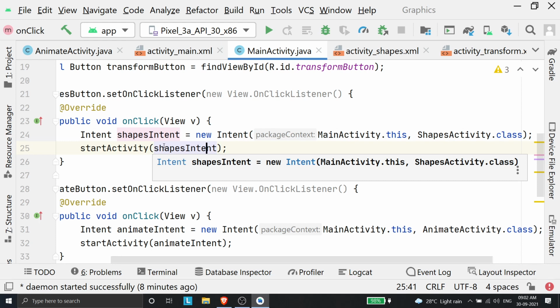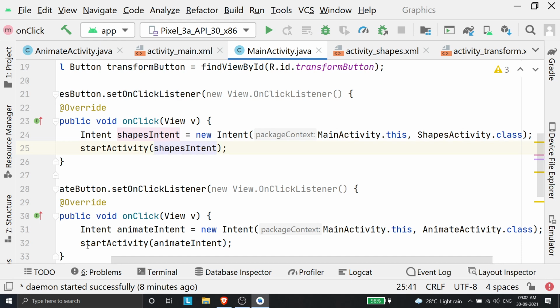Basically, this changes your screen. Let's say you're trying to check out some contents in your Amazon basket. Your orders will be in one screen. When you press place order, it will move to a screen where it's asking for your address, your payment details, and stuff like that. So those will be separate intents. That's how we move from one part of our UI to another part in Android.